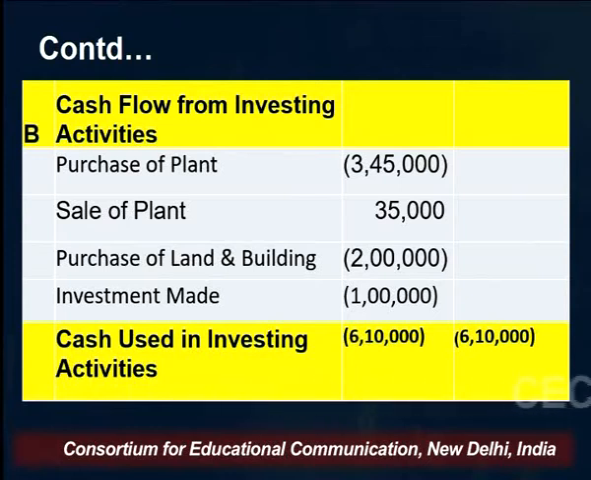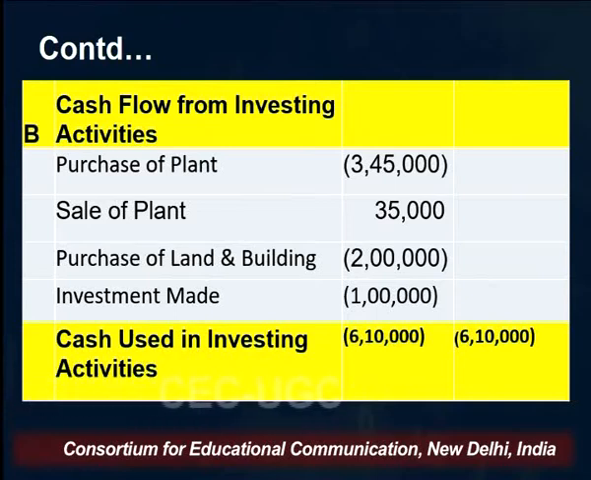If there is an increase in the value of land and building, it will be shown as purchase. If there is a decrease, it means you must have sold it out. Since it was an increase, we have assumed it to be a purchase. We have shown purchase of land and building 2 lakh rupees, and there was an increase in investment also. So we assume that there is a purchase of investment worth rupees 1 lakh,